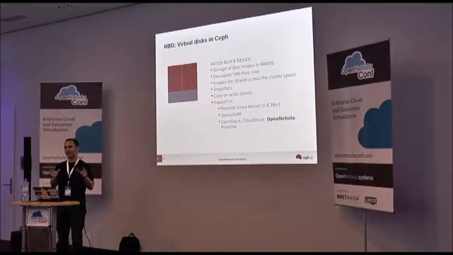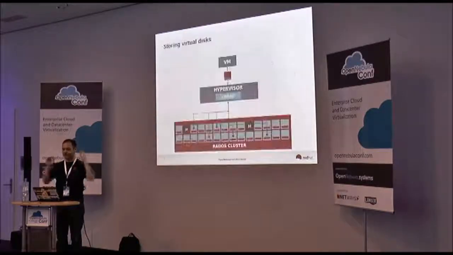One last point about the way the data is laid out in RBD. The objects within a disk image end up being striped implicitly across the cluster. And that gives you very good